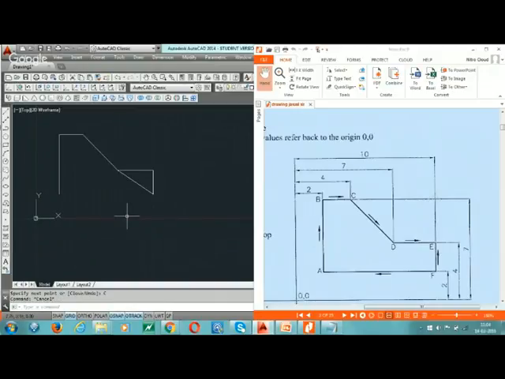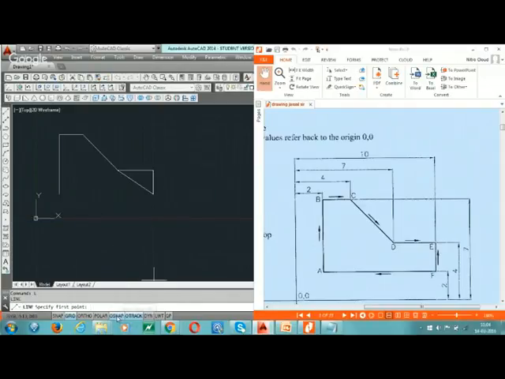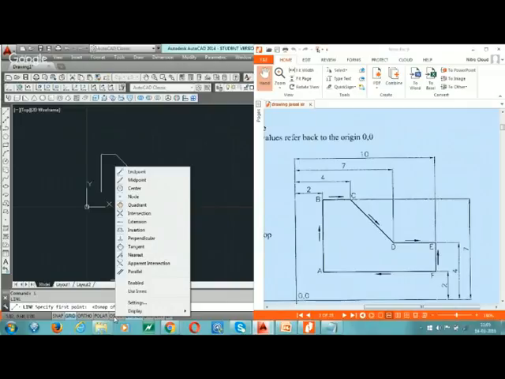Then again L, enter. Now we are going to the OSNAP command to pick this point. This point is shown as an end point. This endpoint will be shown with the help of this function key on OSNAP. We on OSNAP with the help of F3 or direct click on the OSNAP. First we set the settings according to our requirements. Right click on OSNAP, use directly which point we need.